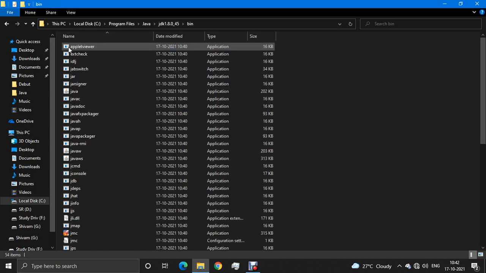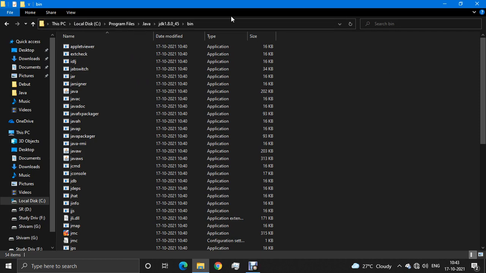The bin folder is the most important folder in every compiler, like for C++, for Java or MySQL, everywhere you find a bin folder. Bin is short for binary, where you can see many necessary files for compiling and executing your program. Here you can see there are many application files. I'm not going into depth again, because I explained a lot in the previous video, and this time the video would get too long.